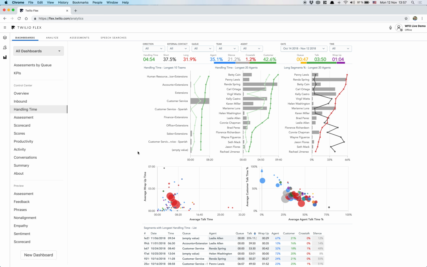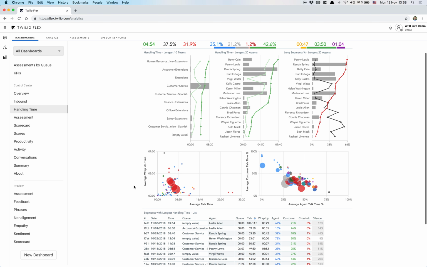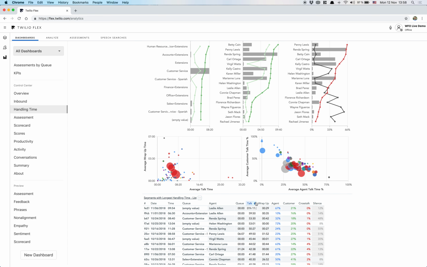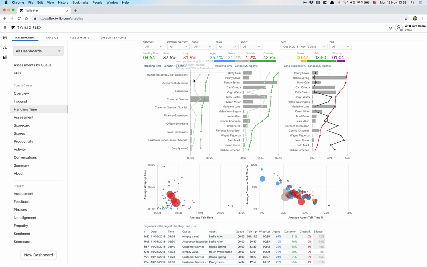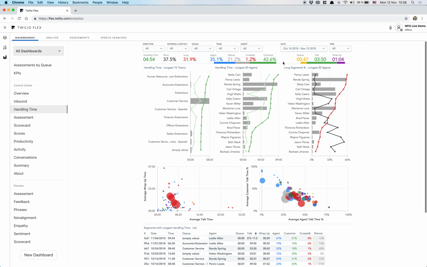Thanks to the tight integration, we are getting from Flex all the metadata that is coming our way, which means all the attributes that are available with each call. But we are also processing, with your permission, the audio. So for all the Flex calls that are actually audio calls, we are automatically mining the audio to understand how much was agent speaking, customer was speaking, how much there was crosstalk and silence, as well as offering speech analytics